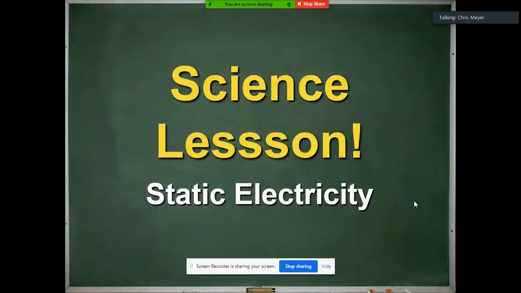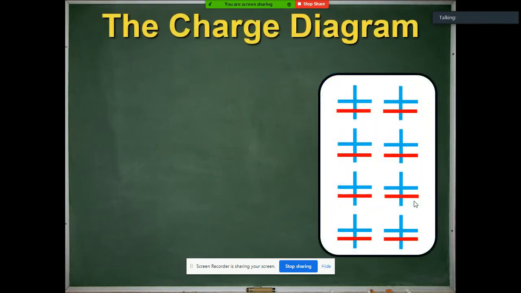All right, now it's time for an actual science lesson. So let's take a look at some grade 9 science and the static electricity unit. Here, I'm going to give you a quick introduction to what we're doing, going much faster than I would ordinarily with students, but I have a hunch you folks are a quick learning bunch. So here I'm introducing the charge diagram to our students,